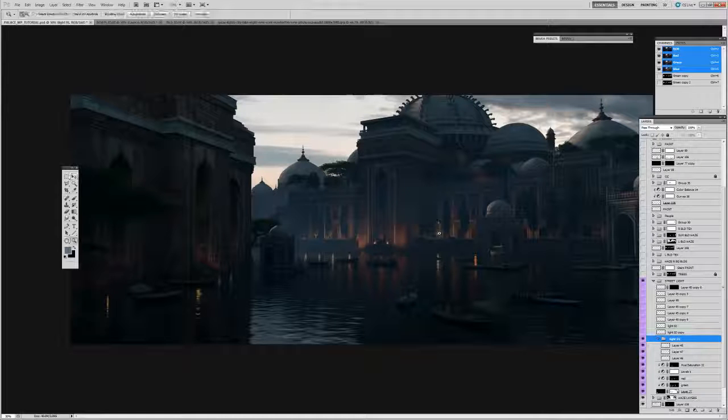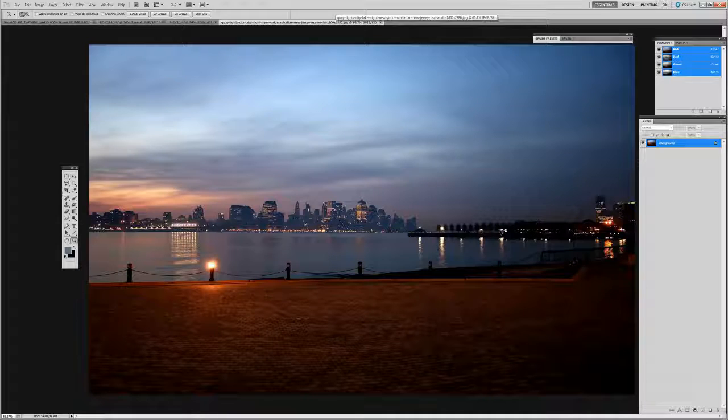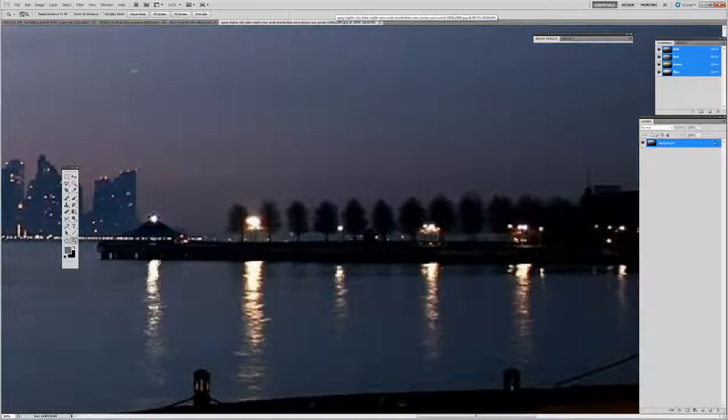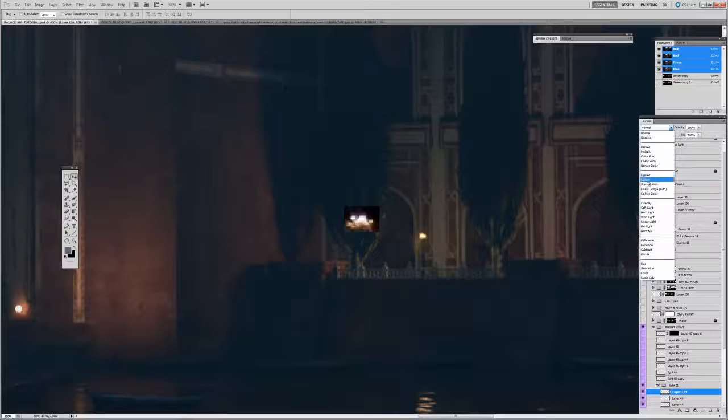Alright, and this is where you can paint your light as well. I decided to do some painting. I was too lazy to model these things, so I'm going to paint little poles here. Paint a light either from grabbing it from a reference such as this. If it's high res enough, you can grab, let's say, this bunch here, for example, and paste it in here, screen it on,